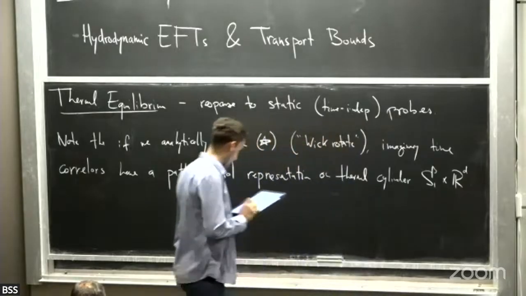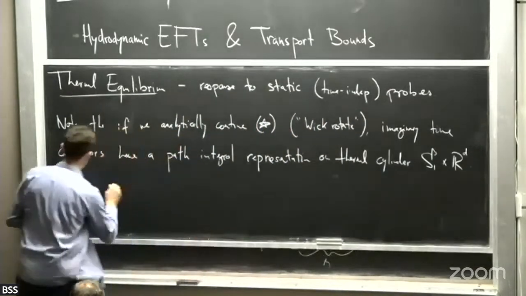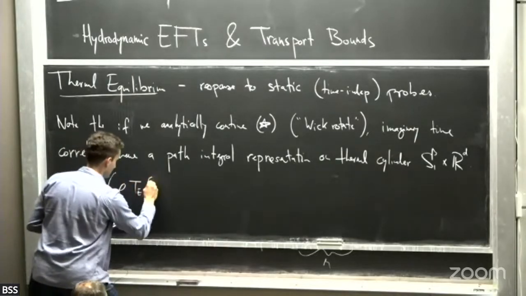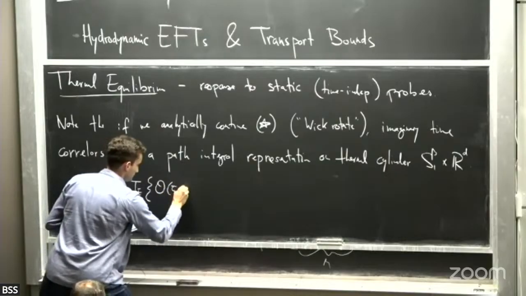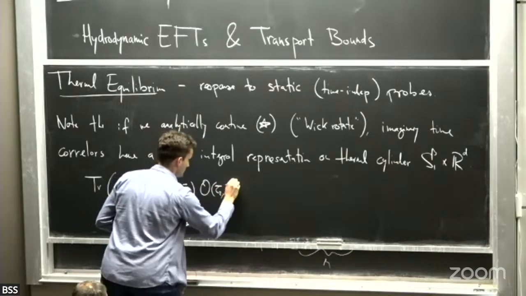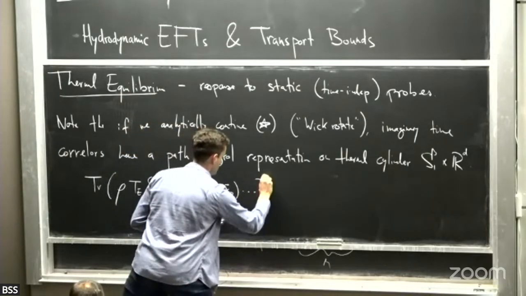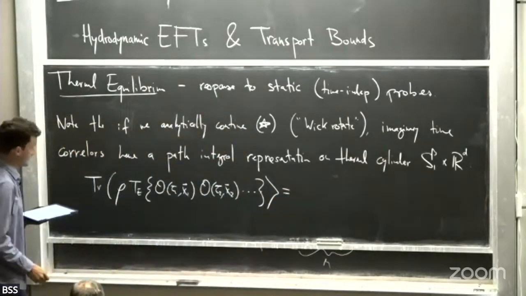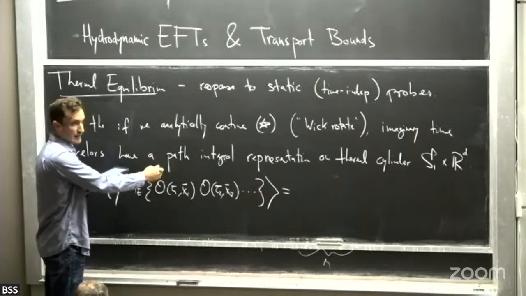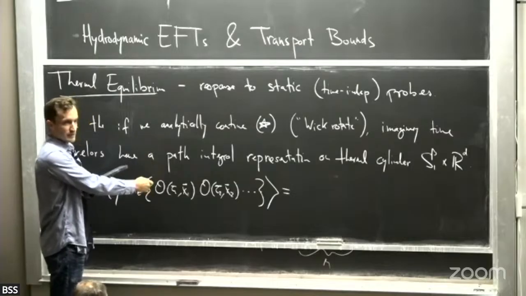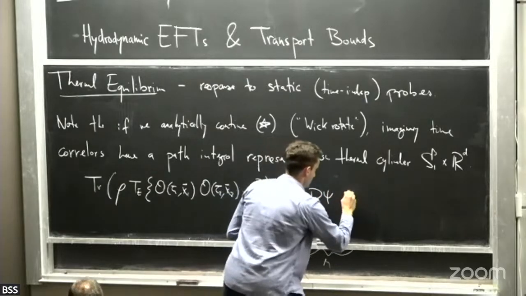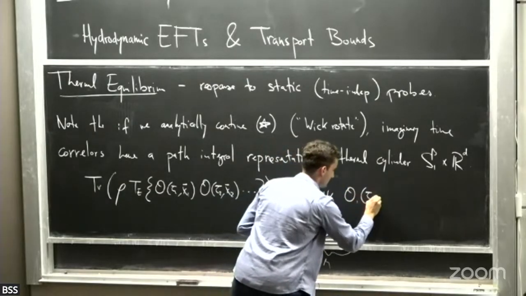You could replace this with whatever you want. For the imaginary time version of this correlation function, you can derive a path integral representation in the usual way. You separate time evolution into many small steps, insert a complete resolution of the identity, and what you'll find is a path integral